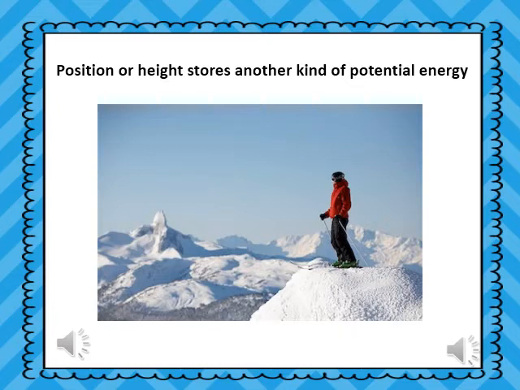Food stored in your body is a potential energy. Fuel stored in a car is a potential energy. Energy stored in the batteries is a potential energy. Also the food, fuel and batteries are chemical energy because they contain chemicals. Your food turns into chemicals in your body, so it's a chemical energy. The fuel contains chemicals, it's a chemical energy, and also the batteries contain chemicals in them, so it can also be called chemical energy.